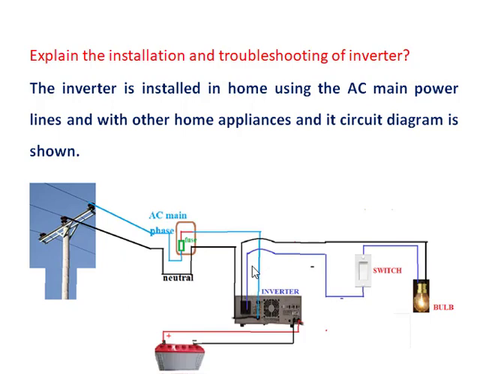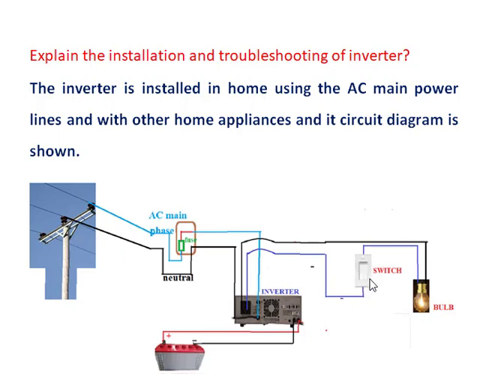It is the phase line from the inverter. It is controlled by the relay. This phase line is given to the switch. From this switch the phase line goes to the home appliances like the bulb, fan, etc. The neutral line is directly connected to the bulb and home appliances. So we can control the phase